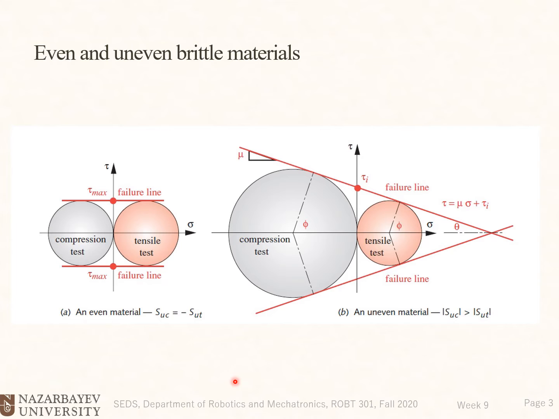Okay, so here we could see a tensile test and the compression test for one even material. In this case, the ultimate tensile strength and the ultimate compressive strength are equal, but with different sign, yes? So SUC is equal to minus SUT. And we deal mostly with ultimate tensile strengths in brittle materials instead of yield strengths. Okay, so you could see the differences